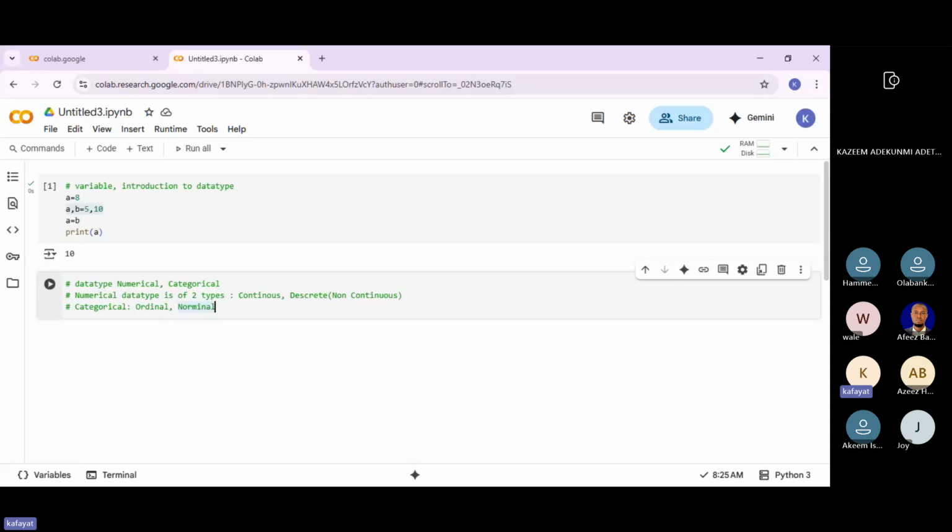So for this data type, for this category, we now have the question: how does Python identify one data type from another? How does Python know that this data type is ordinal, this one is nominal, this one is discrete, this one is continuous? That is when it comes to where we'll be declaring different types of data type. This is category. So from here we have